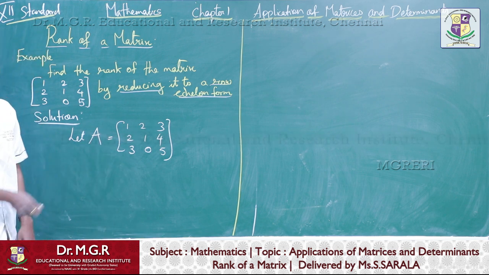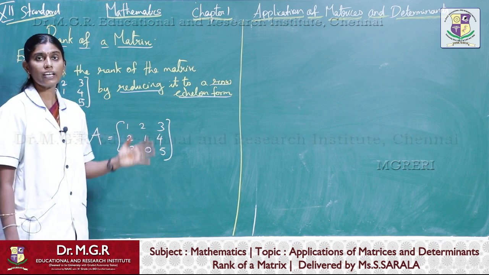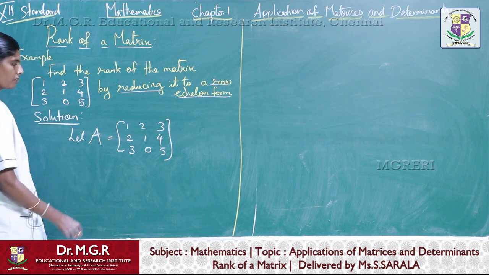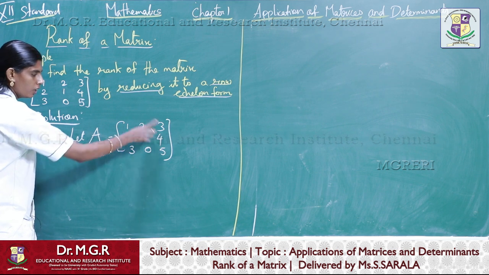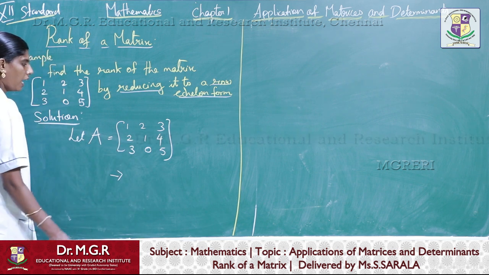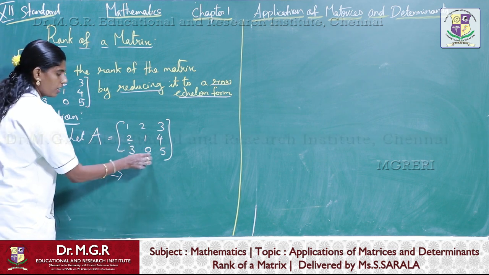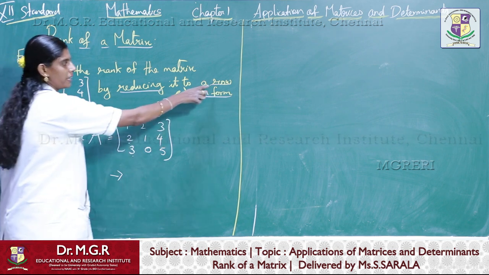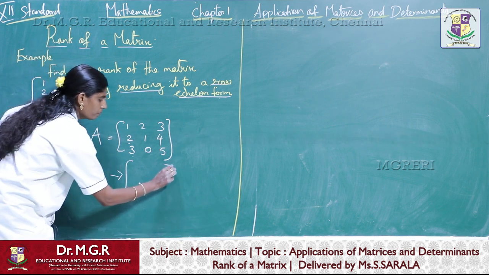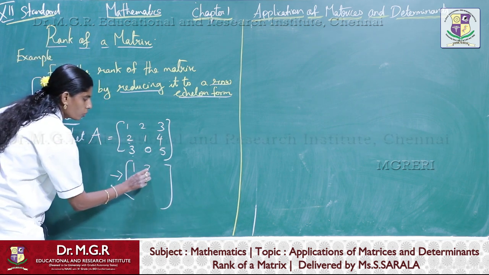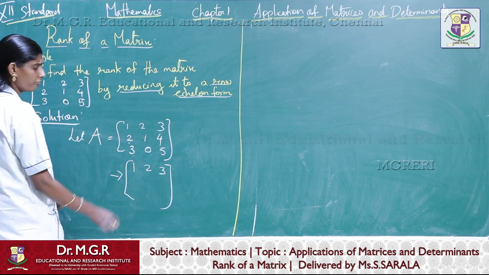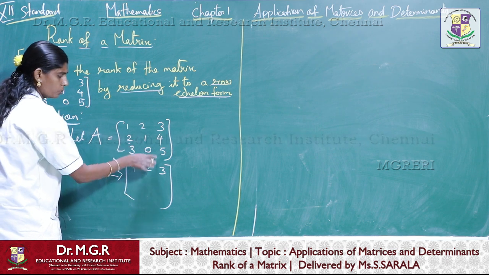We will use an equivalent matrix, shown by some symbol, or you can use the implied symbol. So I am going to change this. By the rule of row echelon form, these 3 elements should become 0. The first element should not be changed, it stays in place itself. So I am going to change these 2 elements.